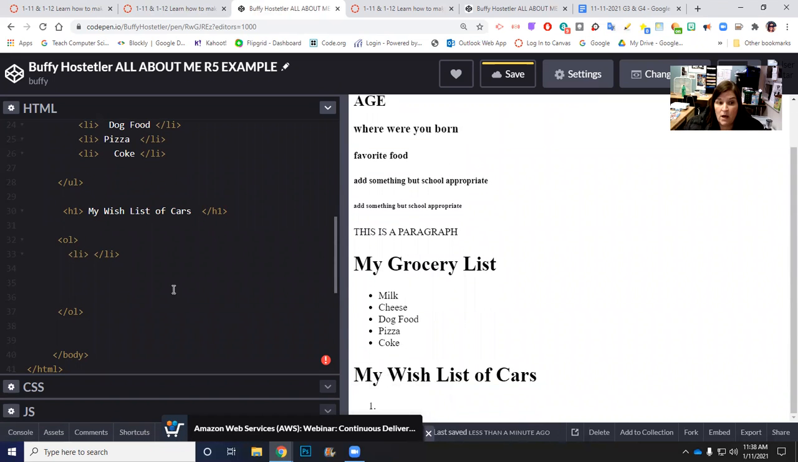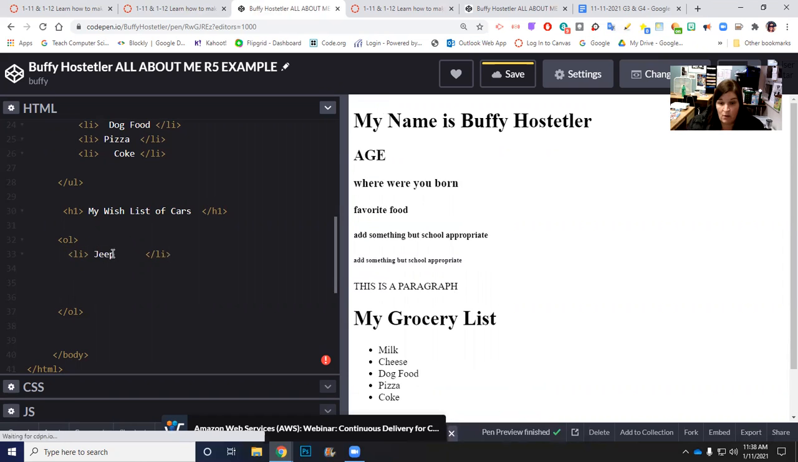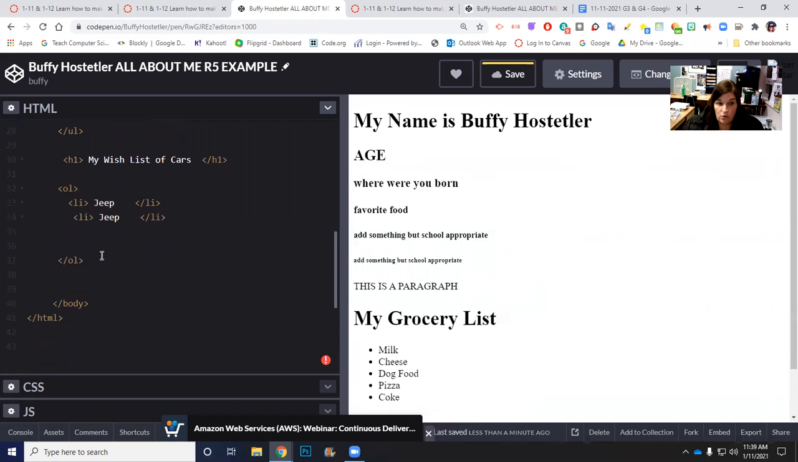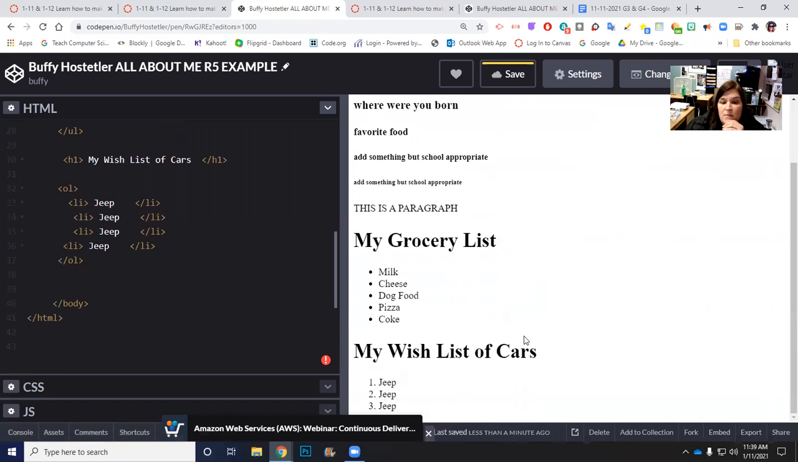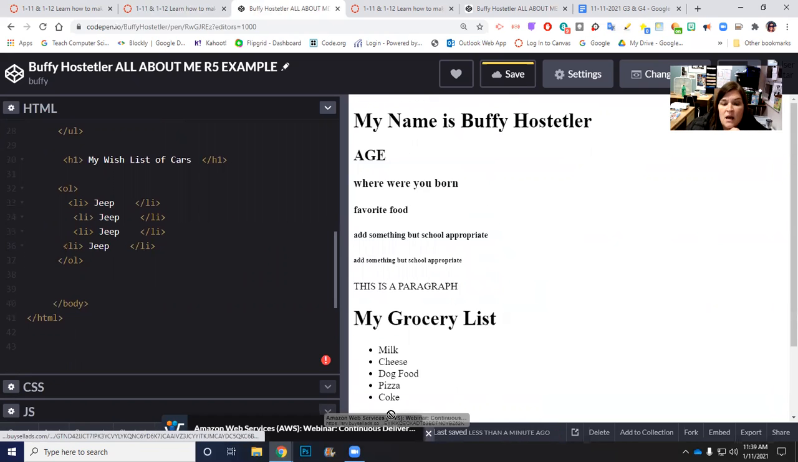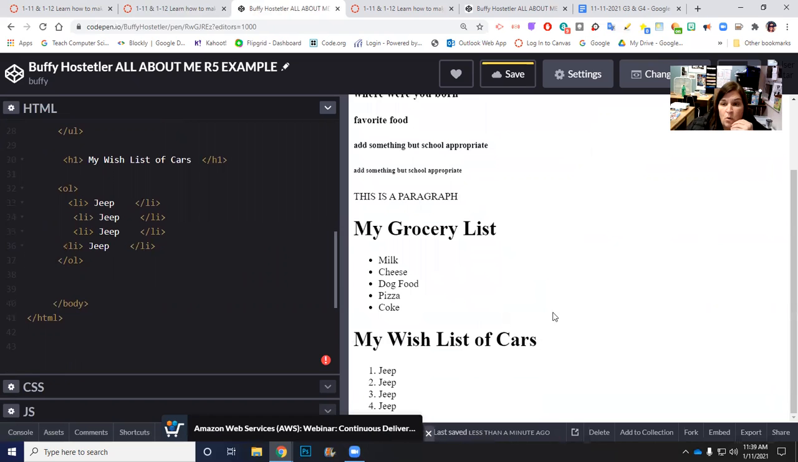I now have my number 1. I am going to highlight that. And here's where I would put my favorite car is a Jeep. I want a Jeep. You guys know what kind of car you want? I am going to copy that. So I'm going to highlight it. I'm going to go to the keyboard, Control C, unhighlight it, click below, and paste, Control V, Control V, Control V. So maybe you guys can tell me your